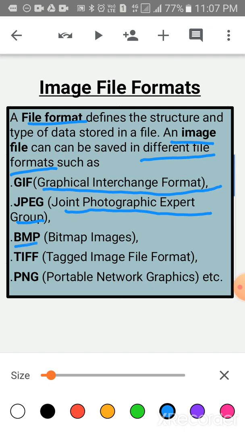Next is .bmp, bitmap images. Next is .tiff, meaning tagged image file format, and last is .png. PNG means portable network graphics, etc. These are the image file formats.